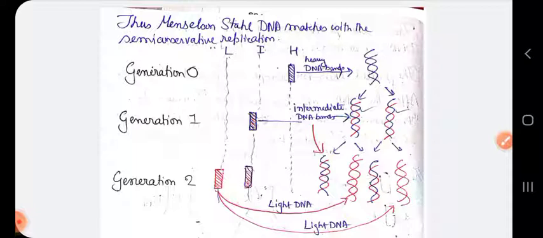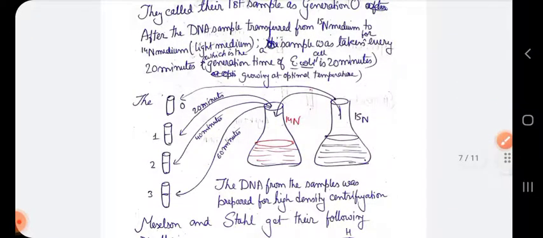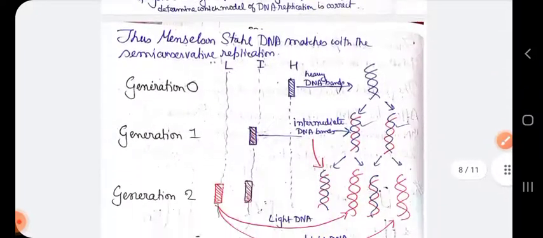So Meselson and Stahl's experiment demonstrates the semi-conservative nature of replication. You can see in generation 0, all the DNA were getting their nitrogen from the heavy isotope of nitrogen in the culture medium. That's why all of them have heavy DNA bands. But in generation 1, we have transferred some of the bacterial culture from the N15 medium to the N14 medium. Then after 20 minutes, we observe them in density gradient centrifugation.